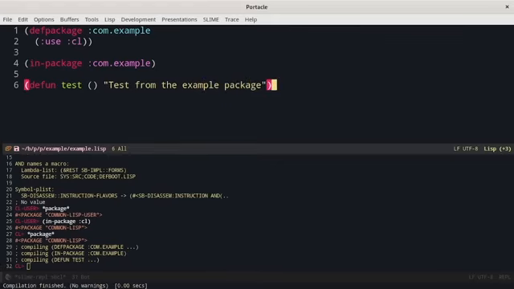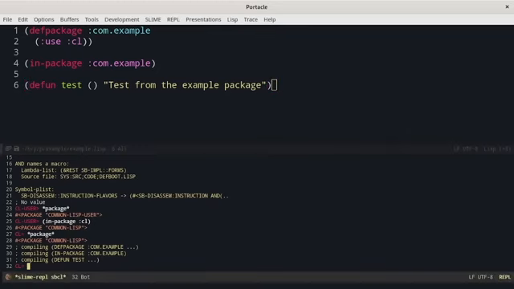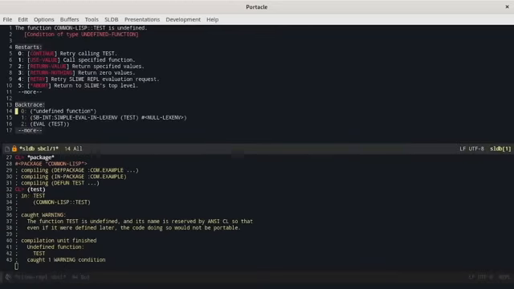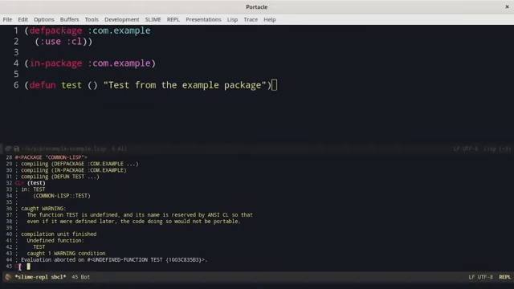Now we can see that if we try to call this function, we get an error, because the function test is not defined inside the Common Lisp package, which is the one in which we are